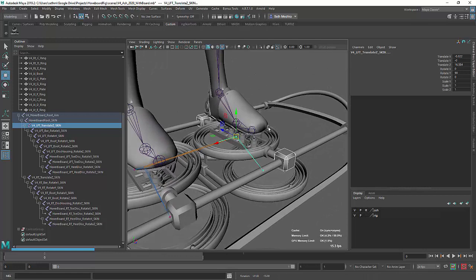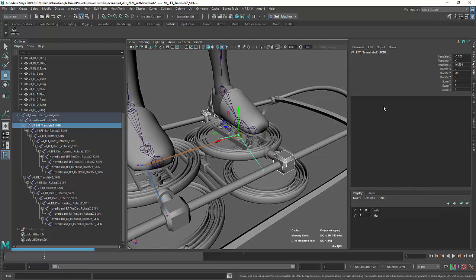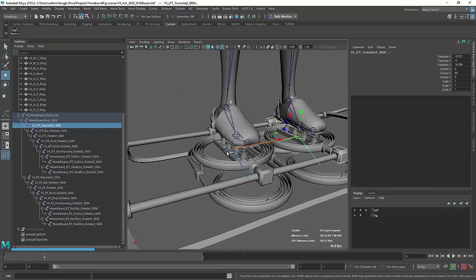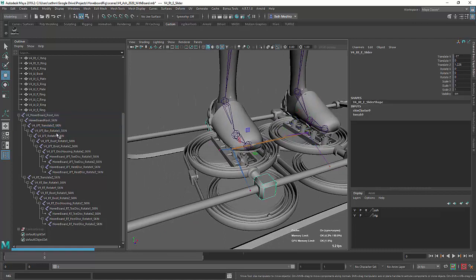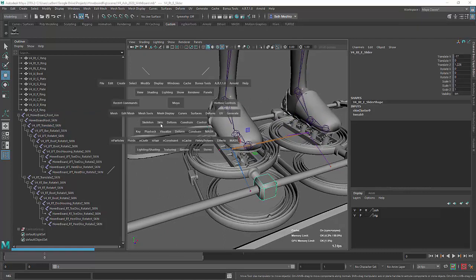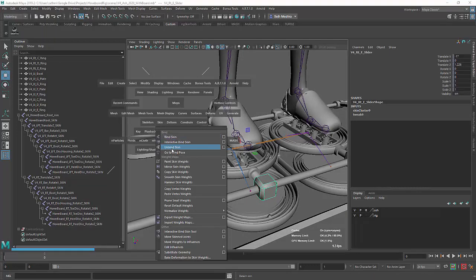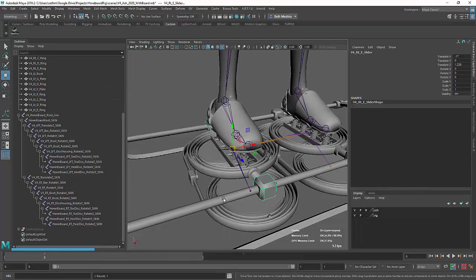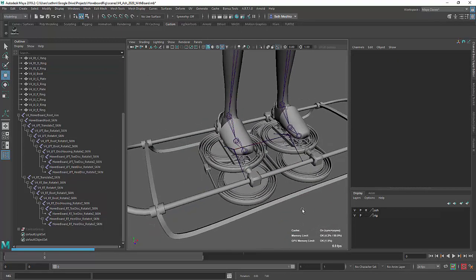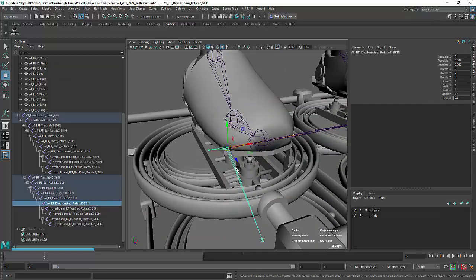Wait, that's not translating in Z. Are these? Oh, they are. Oh, okay, good. This is actually something that I missed. I missed a step, and I'm going to unbind that skin. I'm going to go ahead and do the same thing with this thing too, and that thing, and whatever else. Okay, none of those have skins. Okay. I failed to reorient